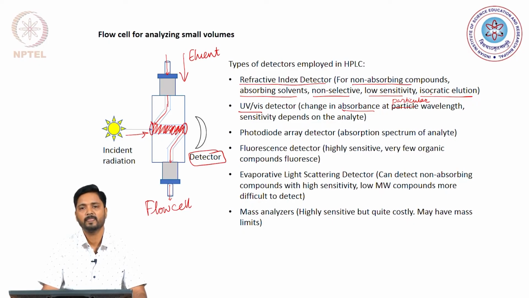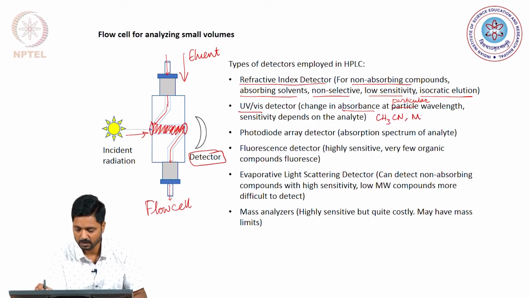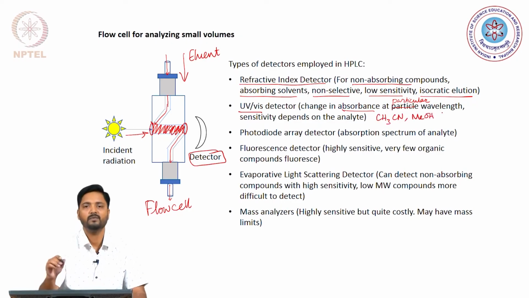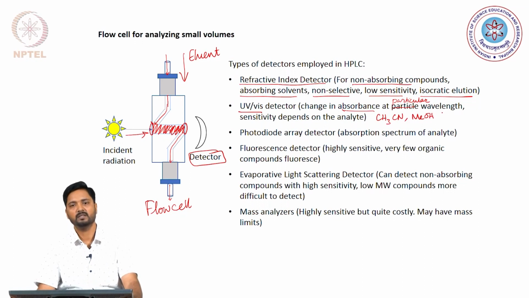The UV vis detector cannot be used with solvents that are inherently absorbing. So, solvents such as acetonitrile, methanol, etc. will work much better than a solvent say like ethyl acetate, because ethyl acetate will have a strong